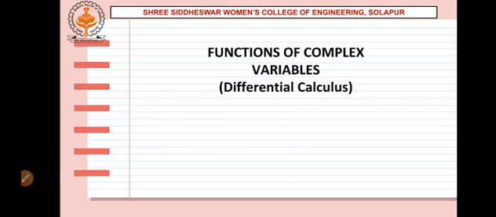We are dealing with the unit of functions of complex variable, differential calculus part. From this unit, now we are going to discuss a very special transformation, that is bilinear transformation, and also we are going to solve some examples where we can use the standard transformations and this bilinear transformation. So let us first solve the examples where we can use the